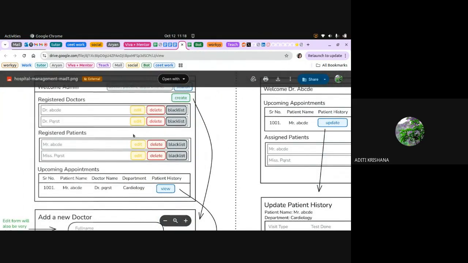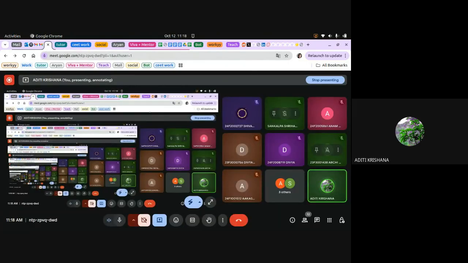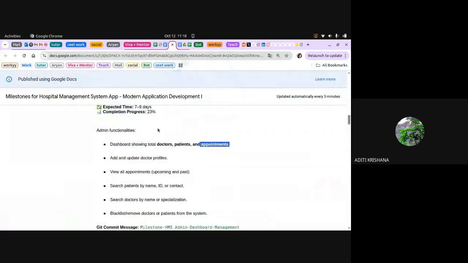Right now it is not here in the wireframe, but I think you guys are understanding what I am trying to say: before showing all the table, just give a box in which it will be showing total doctors 10, total patients 8, and total appointments 7. So that will be a stat. So this part will be done after this. Okay, it will be updating.